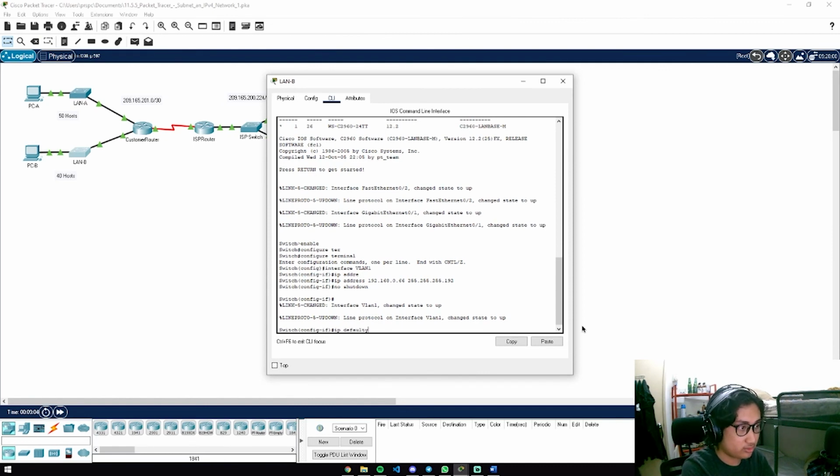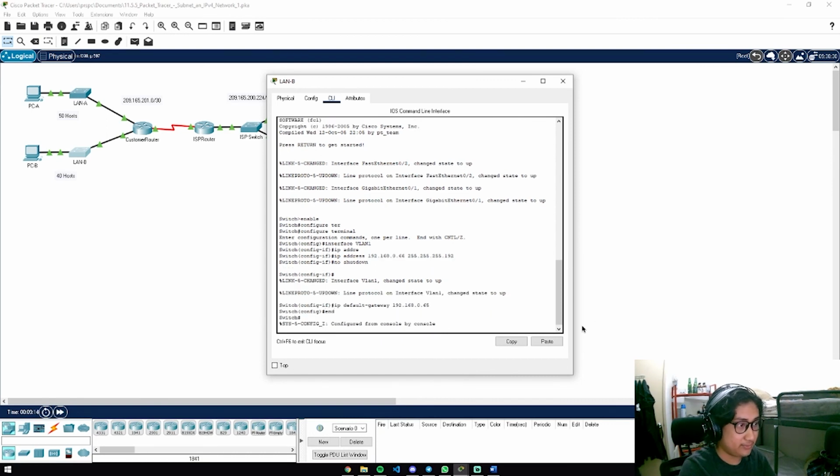Make sure not to mistype it. That is 192.168.0.65, and then we end it. And that is it for both of the LAN